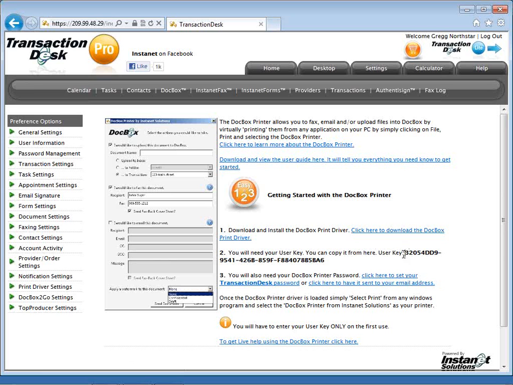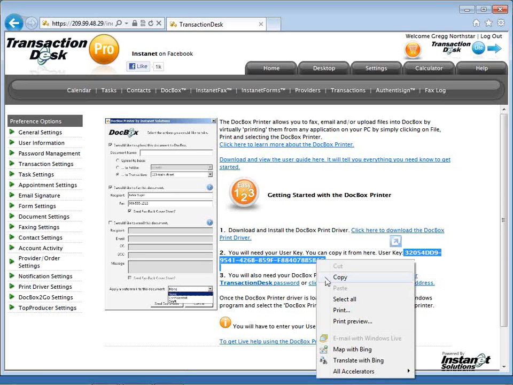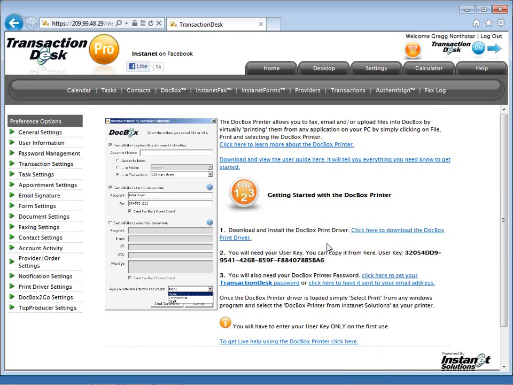It's going to ask you for this user key, which you can copy. So don't think that you have to remember it other than right-click to highlight and copy it. Paste it when you're prompted, paste or type in your transaction desk password when you're prompted. It will remember the user key going forward. You have to add it the first time. The print driver will remember the key going forward, but you will just need to type in your transaction desk password. It's a great feature. Install it. Once you start using it, you'll wonder how you ever lived without it. It really is that convenient